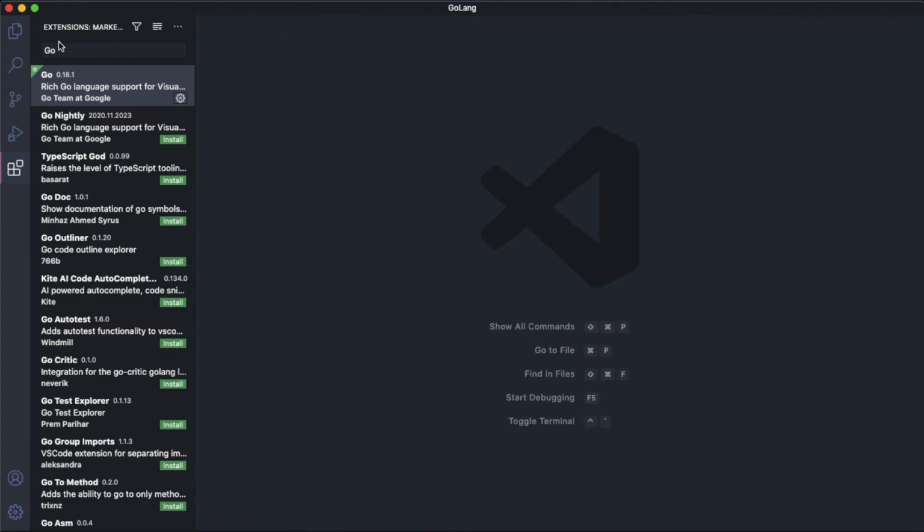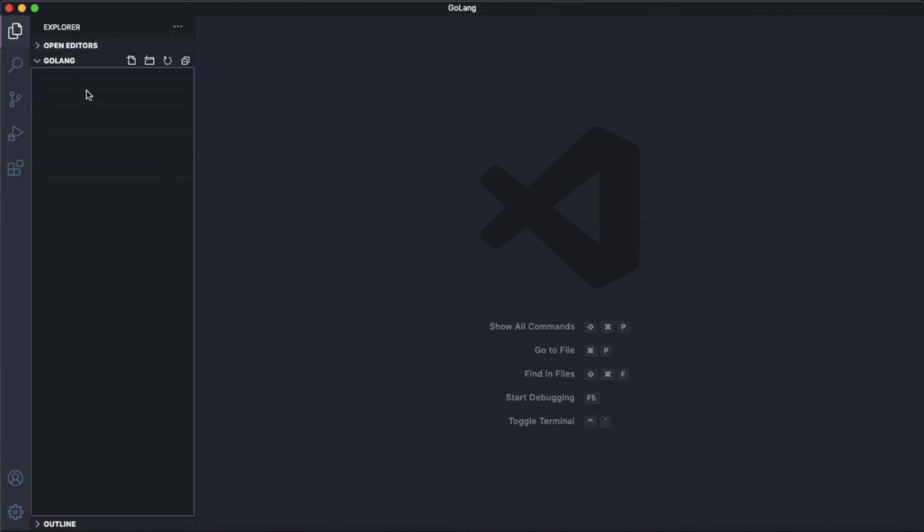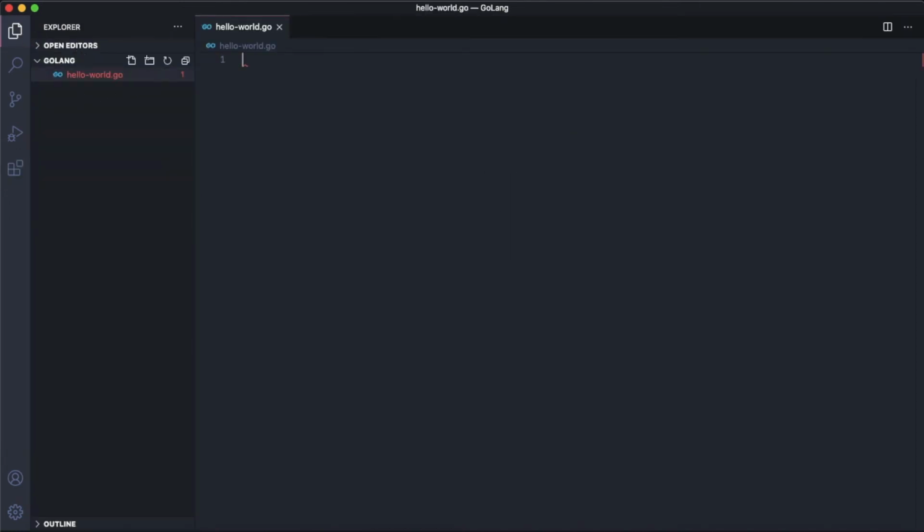Now I am going to show you how we can actually write our first Go program and print out hello world. So the first thing we are going to do is define our package main, and we'll talk more about packages later in this series. Now import a module called fmt. fmt is a standard module. You are going to import it in almost all Go programs. What it allows you to do is print things out into the console.